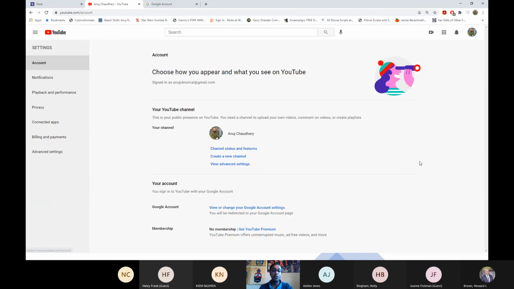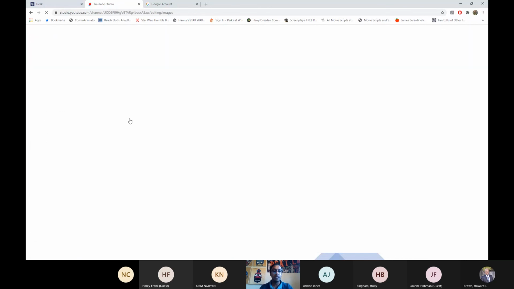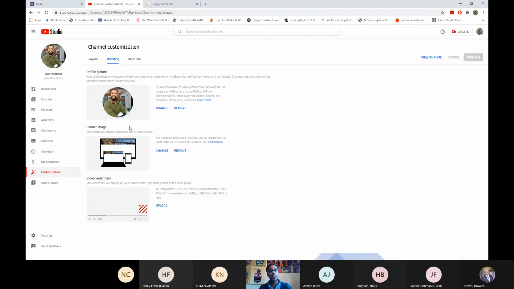And when you go into some of your settings, again, we're going to dive into some of the big stuff tomorrow. Actually, the only things you want to focus on out of the gate are these things right here. You can edit your profile picture if you didn't do it in the setup by clicking on the profile picture. It will take you to the correct spot in the back end where you can edit all three of these items in one go. Your profile picture, your banner image, and your video watermark.